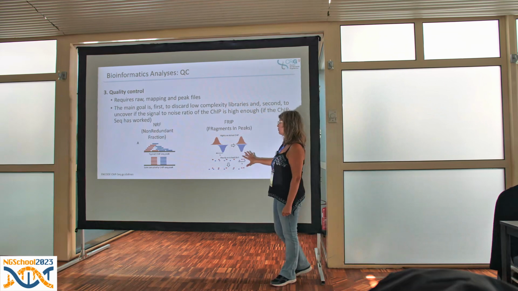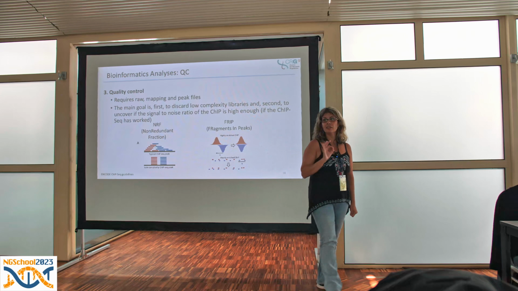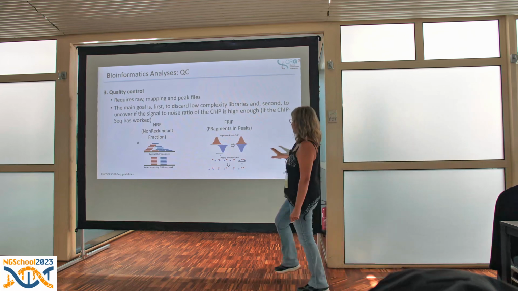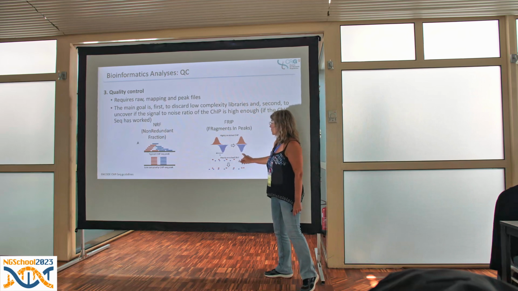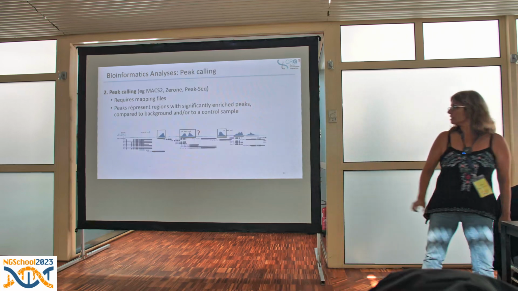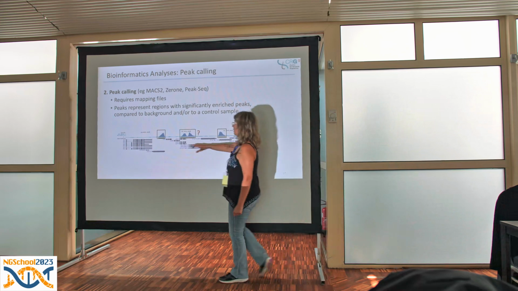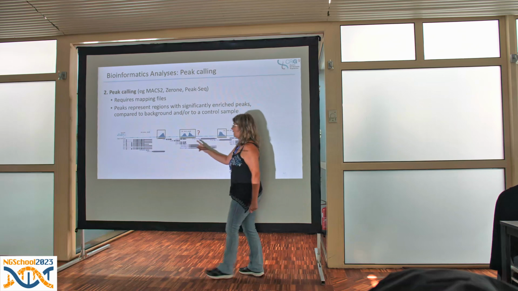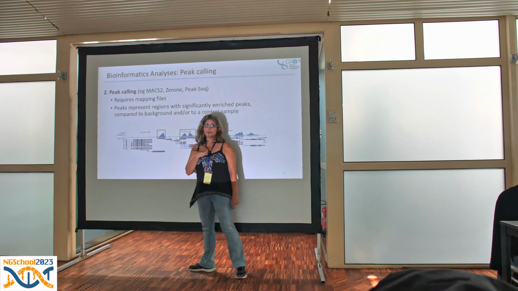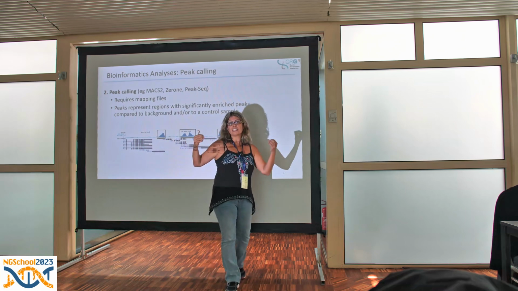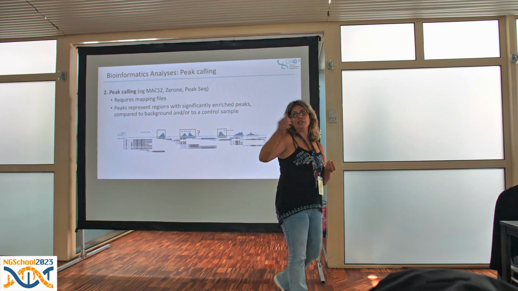The second one is FRIP. FRIP stands for fragments in peaks. Remember, we have our ChIP, and then we want to know if the experiment is good enough or not. In this case, we have these peaks here. What FRIP means is how many of the reads in my sequencing sample are actually falling in my called peaks. So in the case of the FRIP, we need the peak caller part,